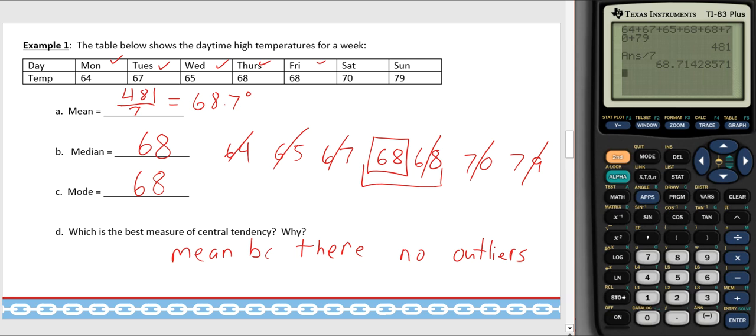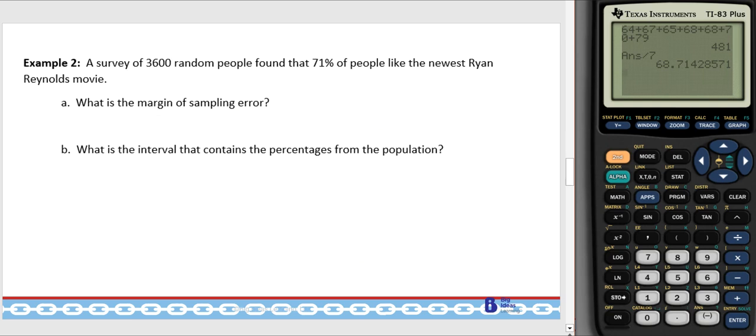If we had some piece of data that was considerably higher or lower than the rest, then we might look at median to be our best measure of center. And here, 3,600 random people found that